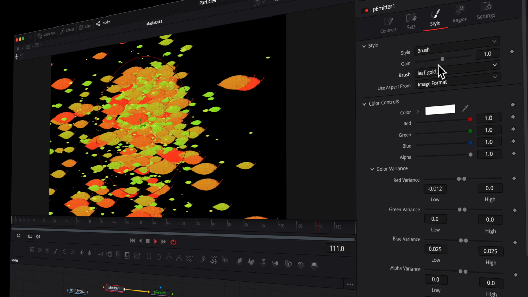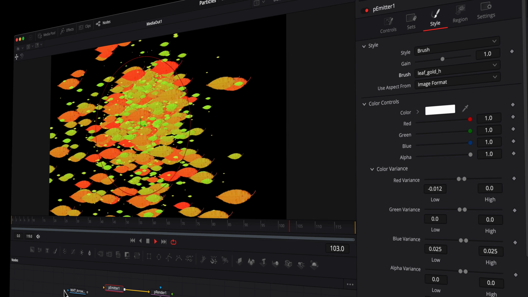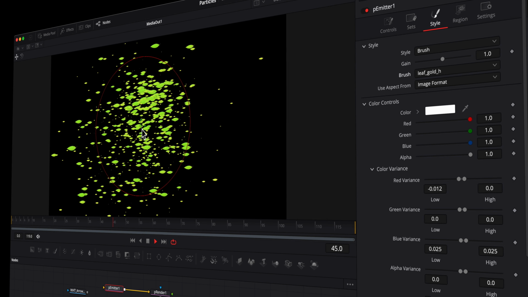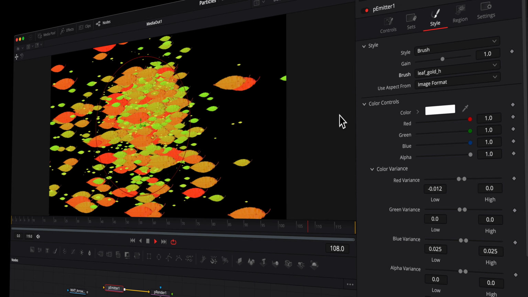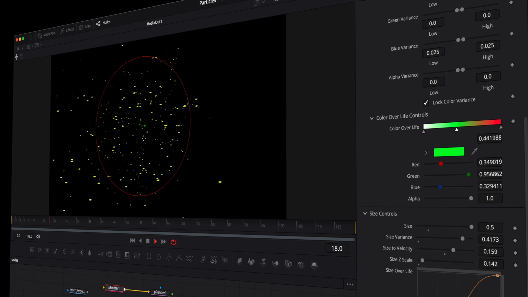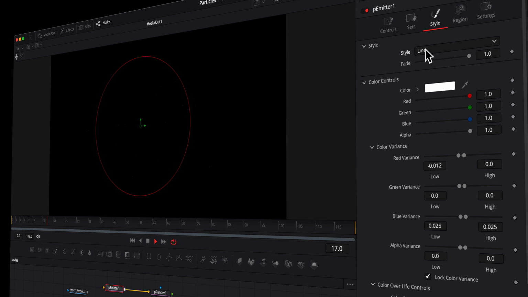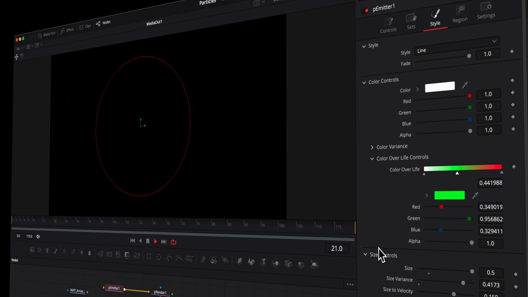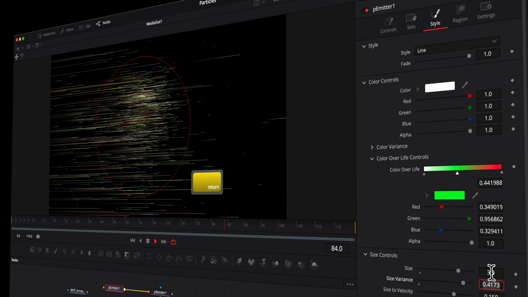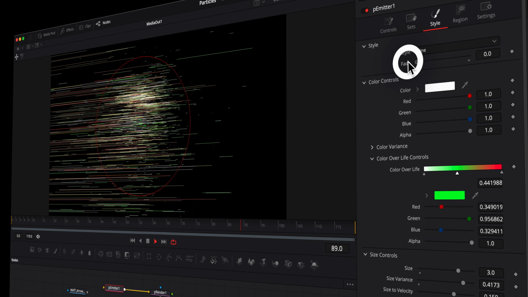And I think there is a way to actually input your own images into this, but I find myself just using the bitmaps a lot more if I want to use an image instead of particles. So next we have line, which, as you might expect, makes lots and lots of lines. Let's just boost the size right up like that. And this one also has this fade control, which